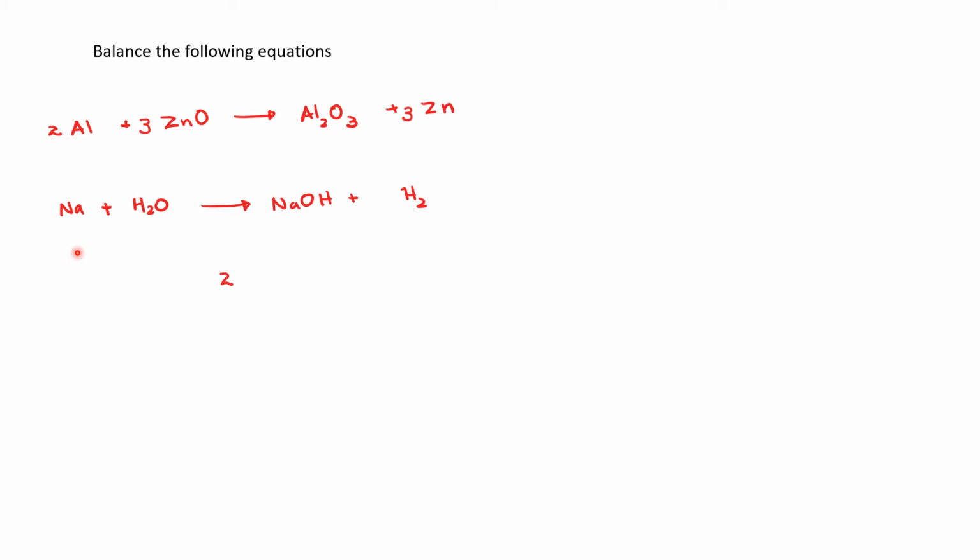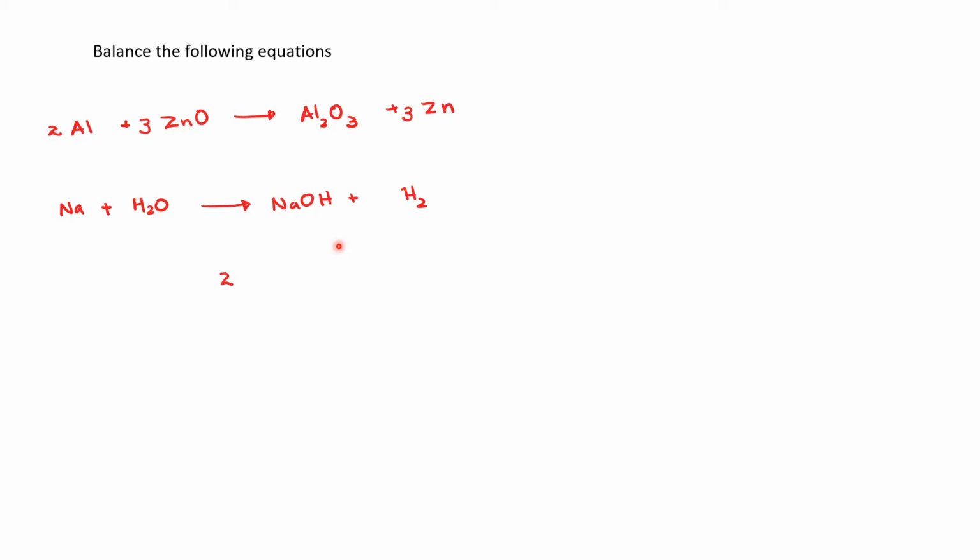Let's go to sodium. 1 sodium, 1 sodium. It's good. And let's count the hydrogens. 2 hydrogens, and here in this side you have 1 plus 2, that means 3 hydrogens. So how do we balance this